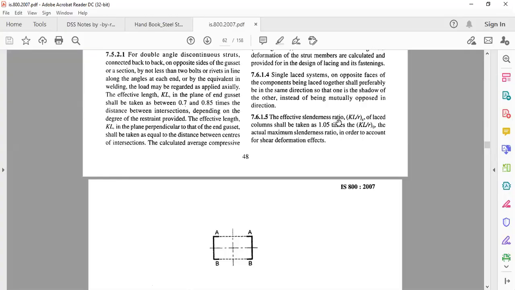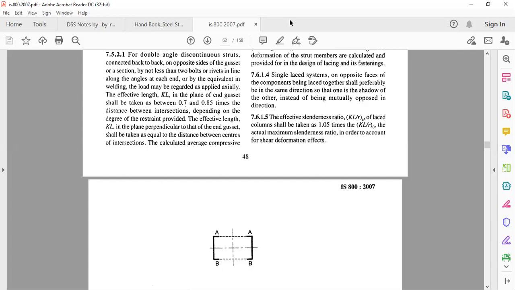Now, from the code book, the effective slenderness ratio of a laced column shall be taken as 1.05 times the actual maximum slenderness ratio in order to account for shear deformation effects. So whatever value we got, that value is multiplied with 1.05. Then only can we get the slenderness ratio for the laced column.